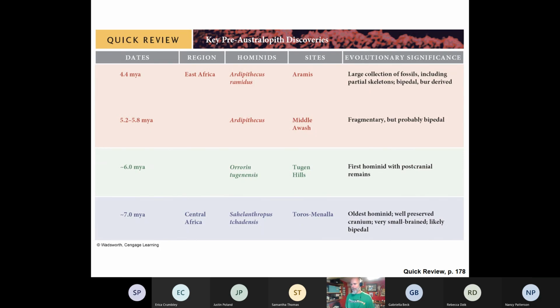They indicate, like, for example, Orrorin, the name itself typically has significant meaning to the local folklore. It's often identified as being, like in Sahelanthropus tchadensis, Chad, Central Africa. Chad is the root of the species name. So they are significant to local folklore and local